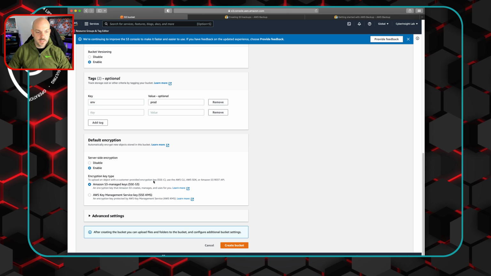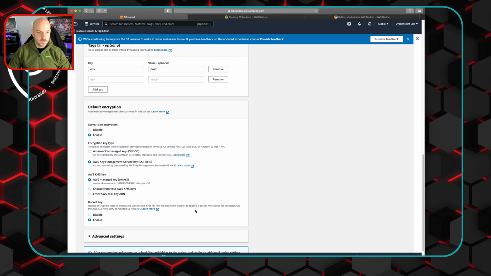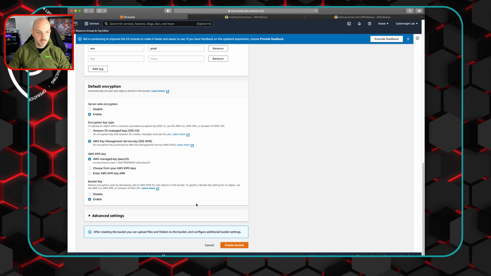SSEC is if you're uploading a customer provided encryption key, so I don't think we necessarily have to worry about that. We can just go with the S3 managed keys. We also could use KMS if we want to do that as well. We can just pick that one there. If we wanted to do that, bucket key, I think we can go ahead and do that. If there's anything else,